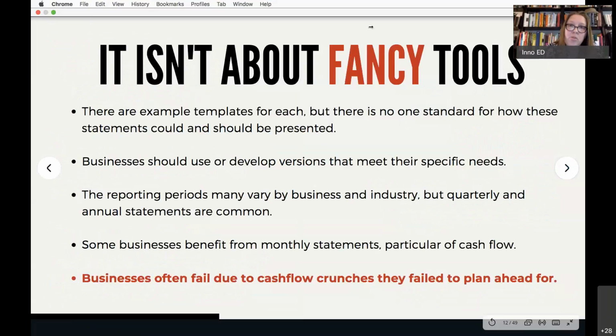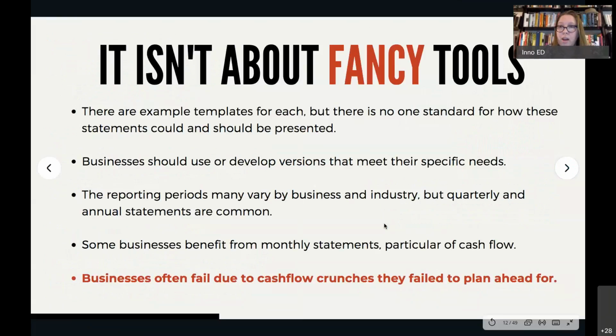So one of the things that happens is you start looking at how you're going to put everything together. There are a lot of different tools that you can choose from as financial management tools. Probably the most common one that everyone uses is QuickBooks, but there are many other options on the market, or you can develop something in Excel. There are a lot of different ways that you can use a tool to help put together these statements. But fundamentally, we want to take it away from the tools and just think about what each one is doing. How do you understand what's happening in that sheet so that as you put it together, you can use it for analysis for your business? So if 3 different businesses worked with 3 different tools, it might look fairly different, but they all should be saying the same things.